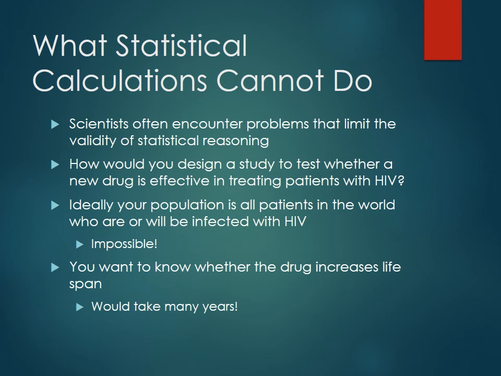Again, ideally, you'd want your population or your sample to be the same exact group as the population, right? But those numbers are always going to be impossible to get, right? You can't give every single person in the U.S. a drug to determine whether or not it's effective. So again, you're always going to be making some generalization of the data you have using limited numbers.